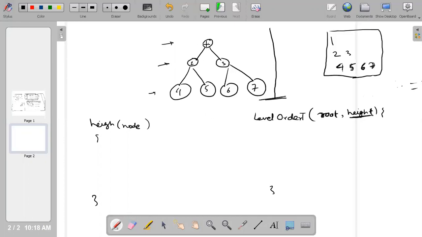If this is the tree and I pass the root node, this will give the height of the tree. Let's say the height of this node is 3. What if I pass this node as the function input? Then it will give a height of 2. If I pass this node, it will give a height of 2. Although I don't know the 2 and 3 yet, I'm just looking at my example and telling you.